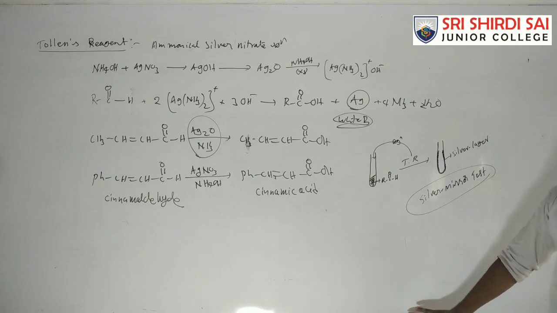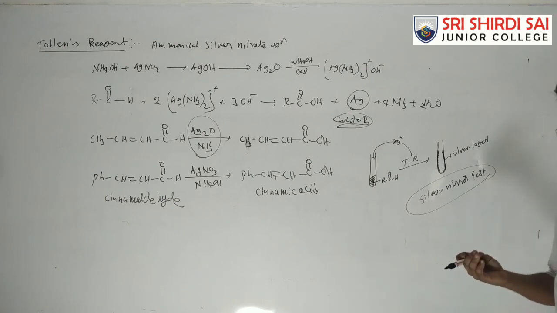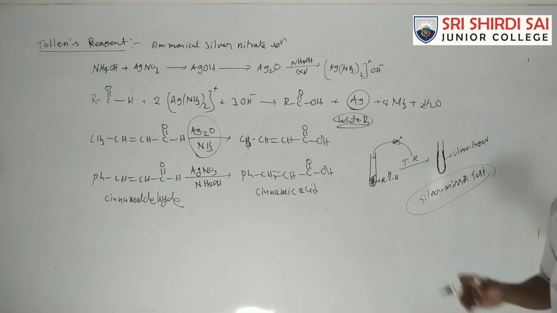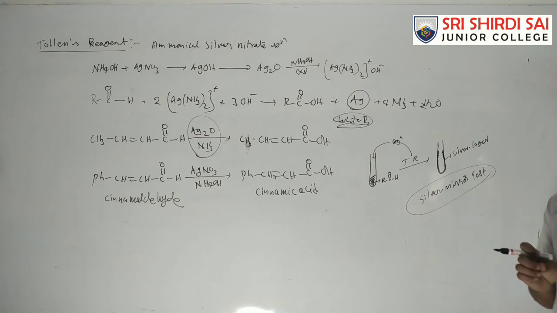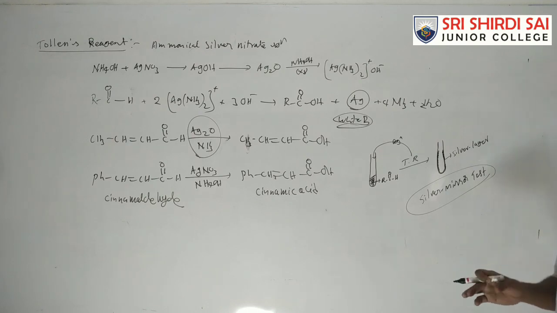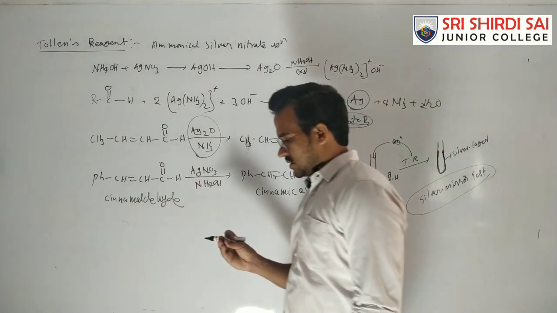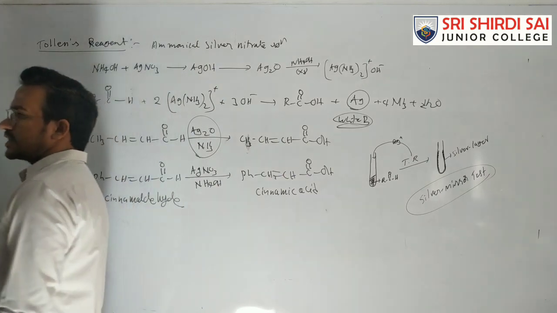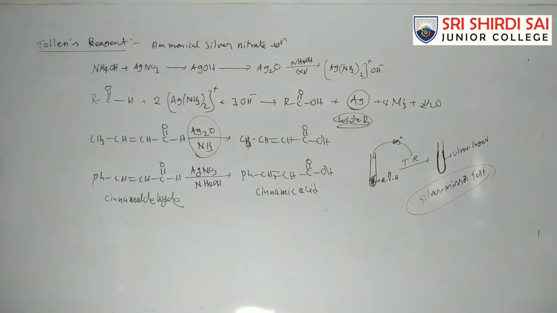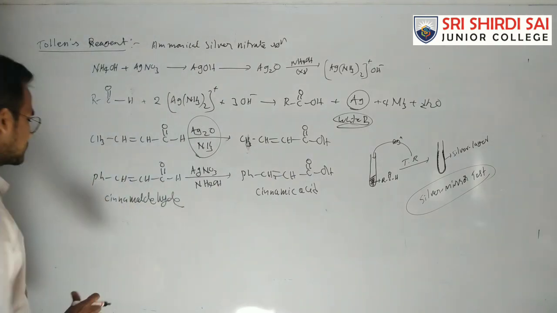So aldehydes give the silver mirror test, which is nothing but a positive reaction with Tollens reagent. When any compound reacts with Tollens reagent, generally we say it gives a silver mirror test. Aldehydes give a silver mirror test. Generally ketones do not react with Tollens reagent; aldehydes react with Tollens reagent, but